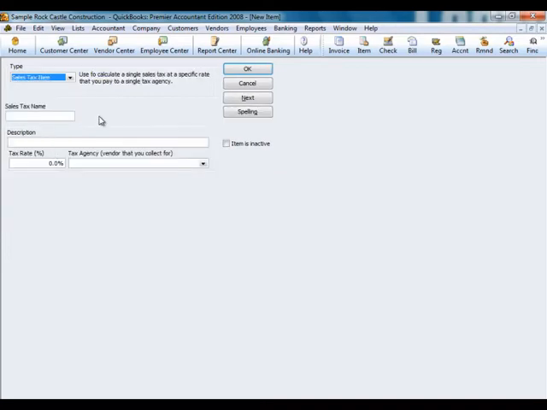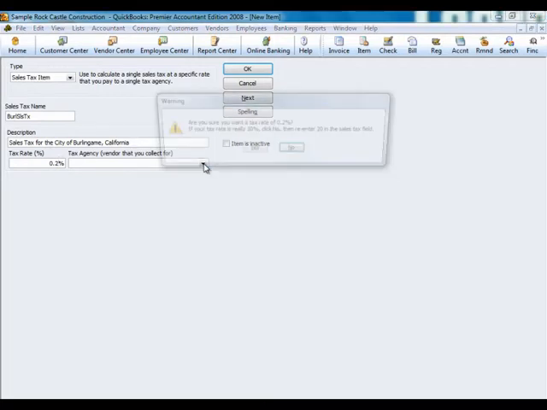So this first one is going to be a sales tax item. The sales tax name I'm going to call Burl SLSTX. You can call it whatever you want. It doesn't really matter. As long as you recognize it later, you'll be fine. Description will be sales tax for the city of Burlingame. And I'm going to make sure the tax rate is 0.2%. And the tax agency is,